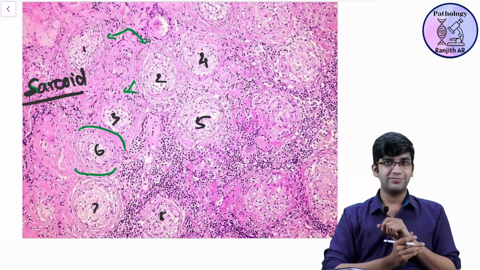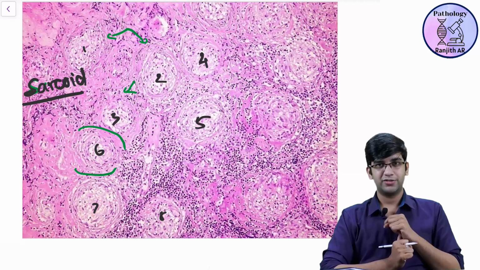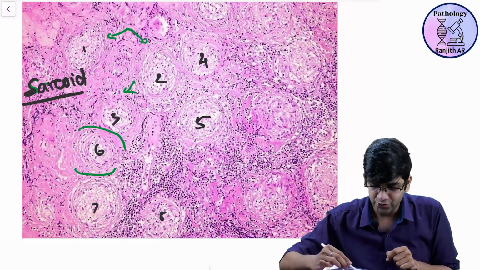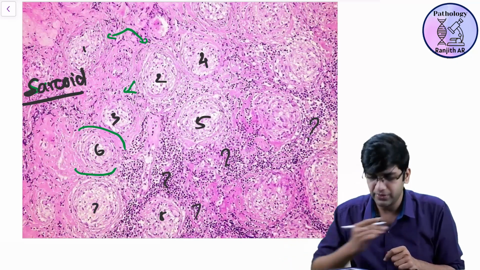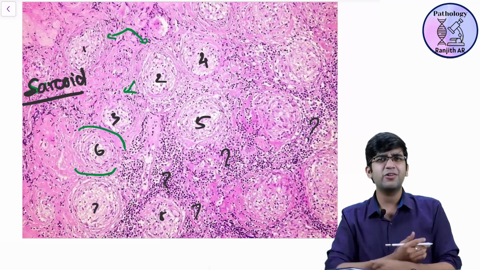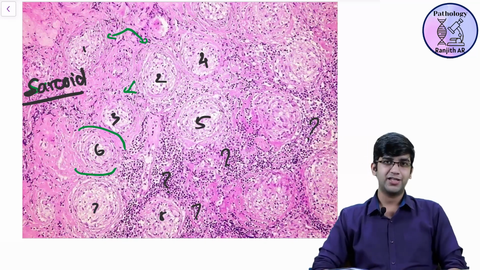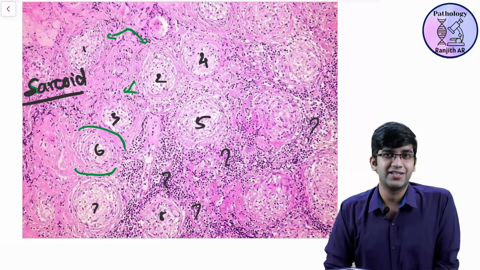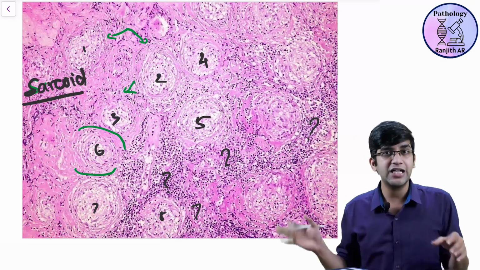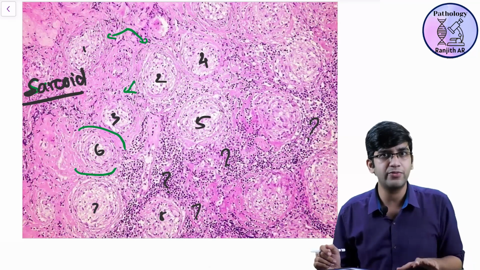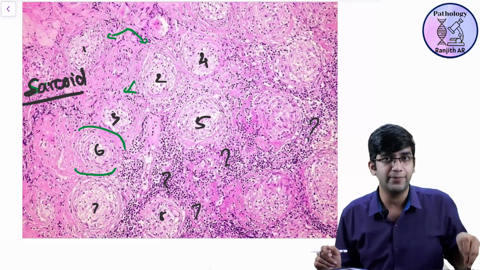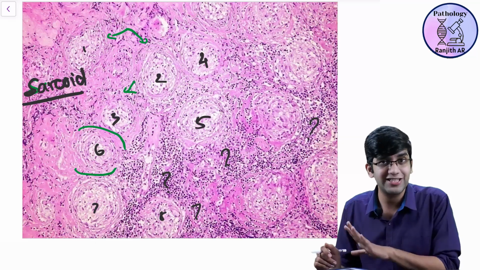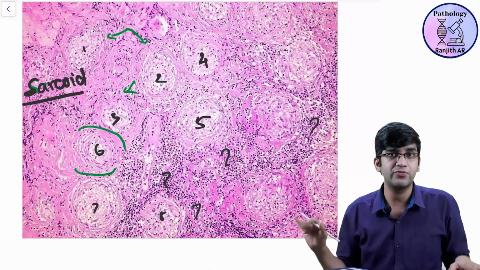If you carefully observe, I'm sure you must have got one doubt. This guy said you won't have lymphocytes, right? If you carefully observe, you must be wondering, what are these cells in between? He only said that there will be no lymphocytes, but there are lymphocytes. These are not granuloma lymphocytes. This sarcoidosis has occurred in a lymph node. So can a lymph node have lymphocytes? Yes. They are not because of the disease process, they are because of the organ. So those lymphocytes are allowed.